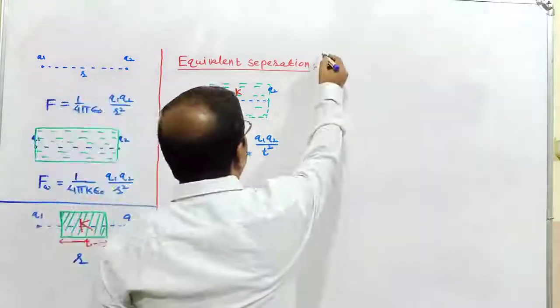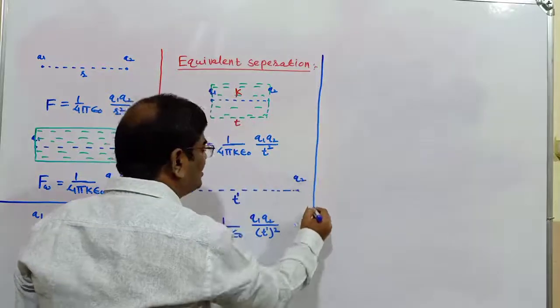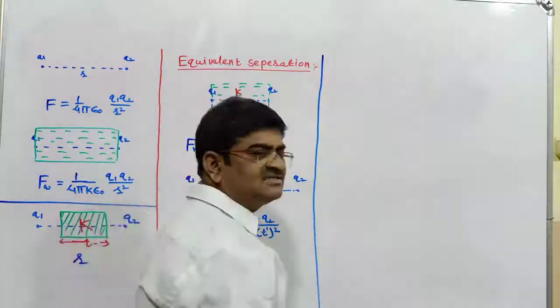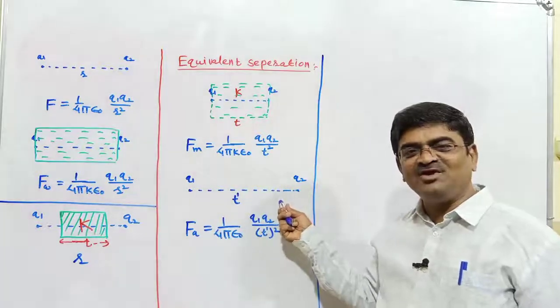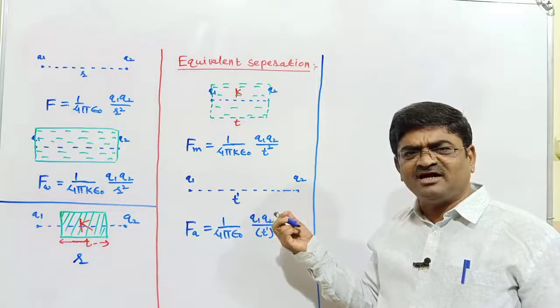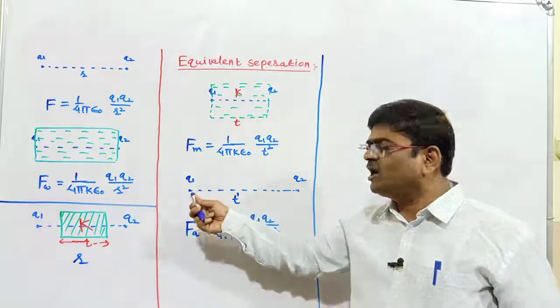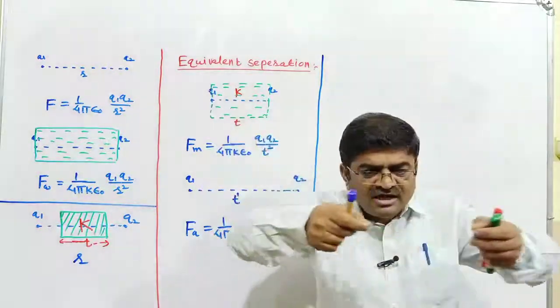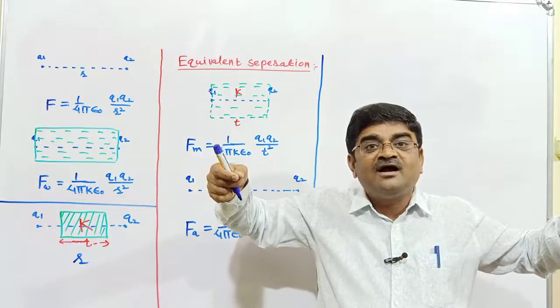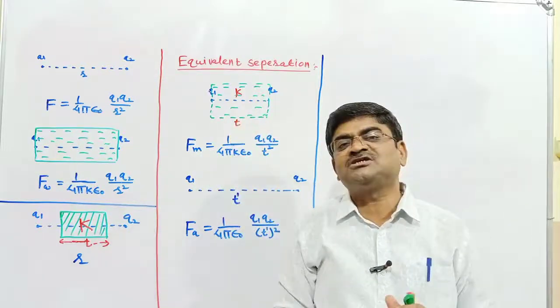So in case I make such an adjustment for this distance, what am I doing? By trial and error method I have done that. What did I do? I have arranged these two charges in an air vacuum at such a separation.